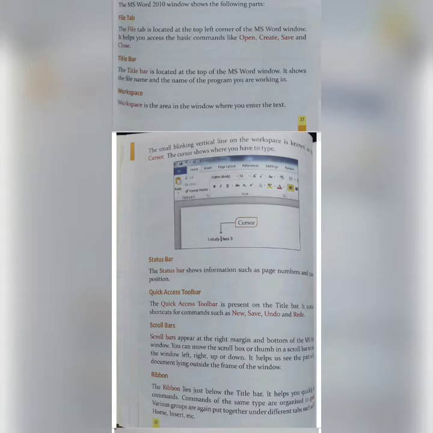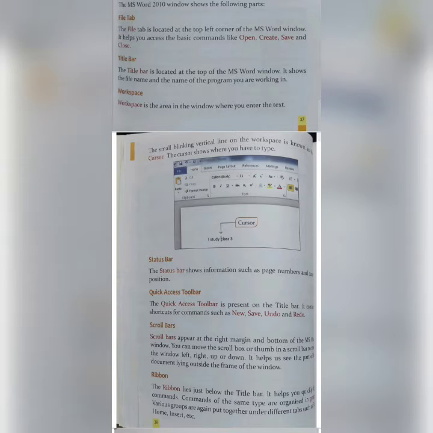Undo means to erase what you have written. Suppose you have made a mistake, you have to erase it, so you'll use that undo button. And redo means doing that thing again.